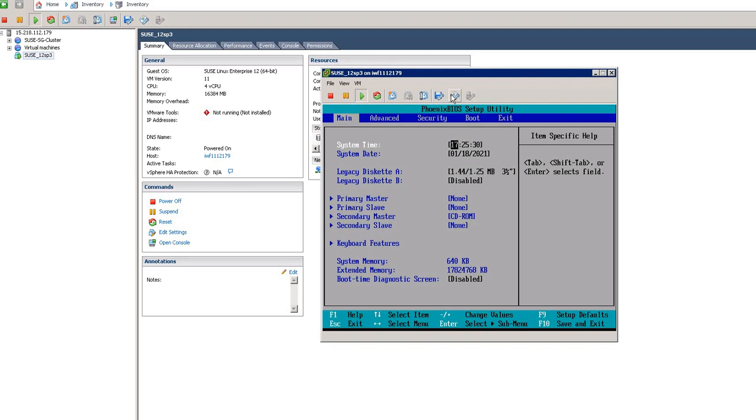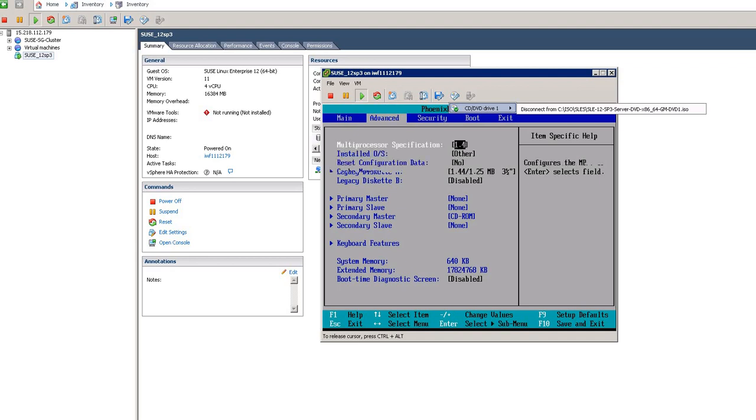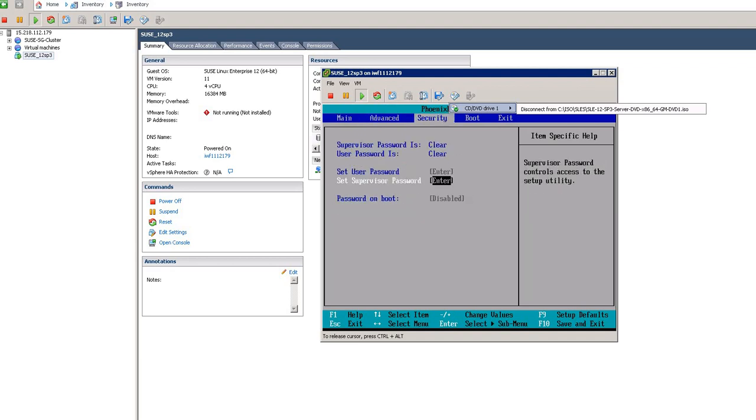So now I can verify it. You can see a tick mark over here, and now you can see that it has been attached. My ISO is now attached to the virtual machine. Now I will go to the BIOS screen,